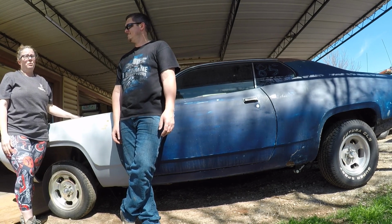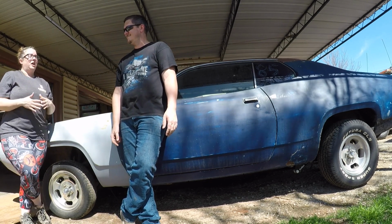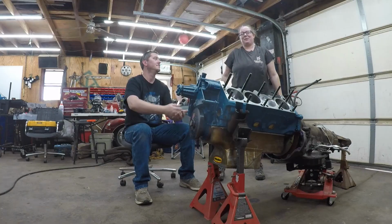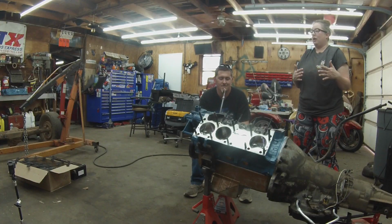Basically, it has had no motor, no trans in it. So today we are hoping to at least get it running again. We're not looking to go drag racing or anything, but we do want to at least get a motor in it. Okay, so this is our 360 that we took back in